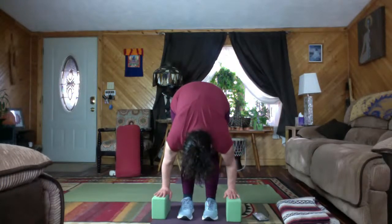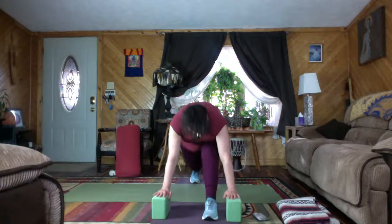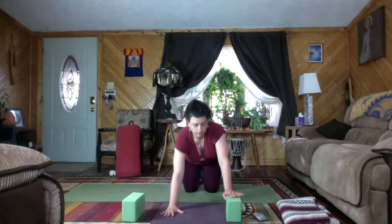You're going to step your right foot back this time and bring the right knee to the ground. Sink the hips and draw the chest forward, shoulders down. Hips and shoulders facing forward. Now, again, if you don't use the blocks, stay here for another breath and lunge. If you are using the blocks, bring your left knee back, come off of your blocks, and now everybody will